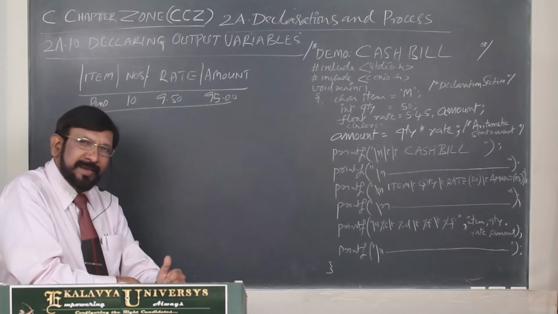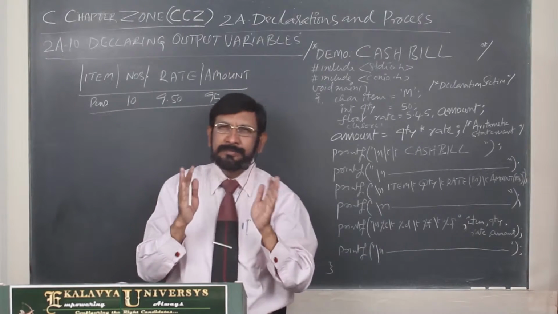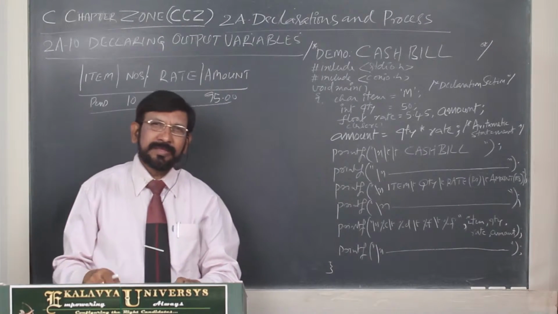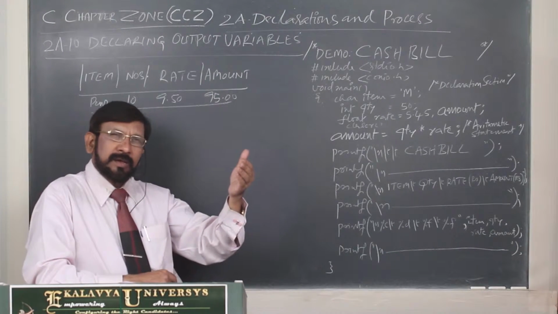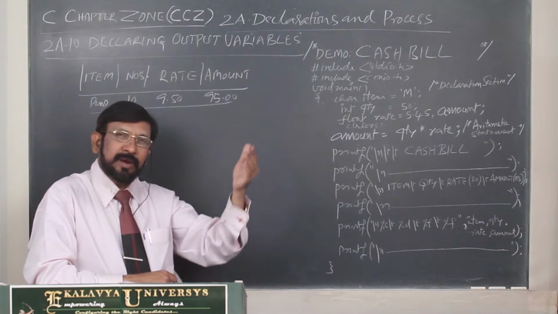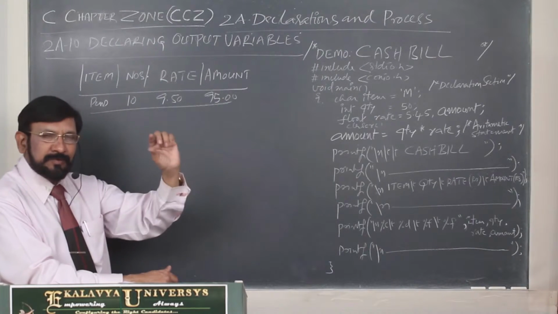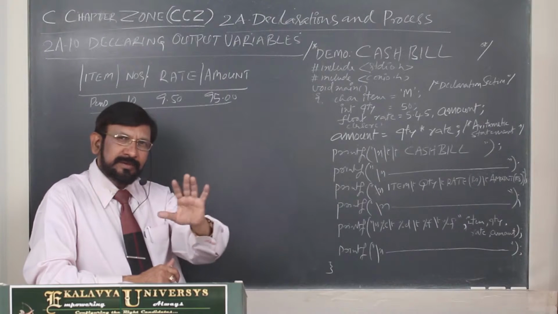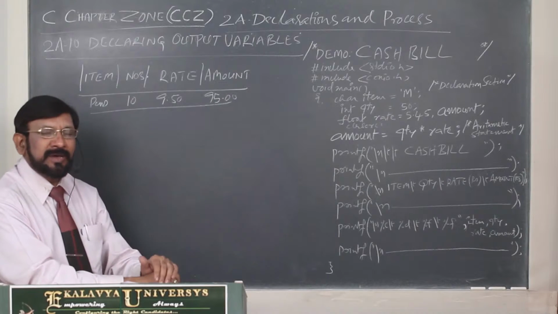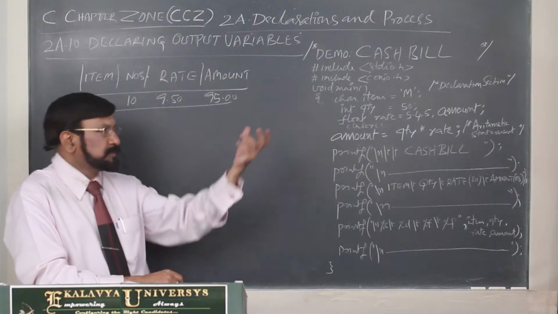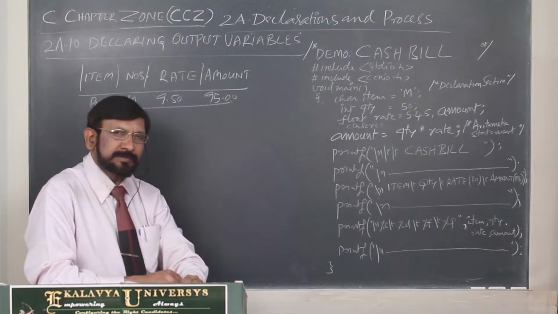It is closer to our real life. So, this is the way. Already many times I told you, first, element wise we have to understand the concept, and we perform the applications on that. Then our knowledge is transformed into skill. First we have to learn each and every element in the subject. It is like a tool in the toolkit. After that, we come to real life applications. This is a small real life application, cash bill. Now we have to write a program to print a cash bill.